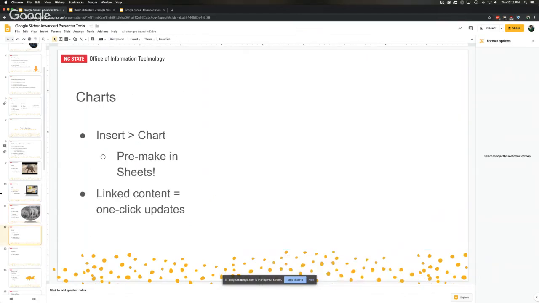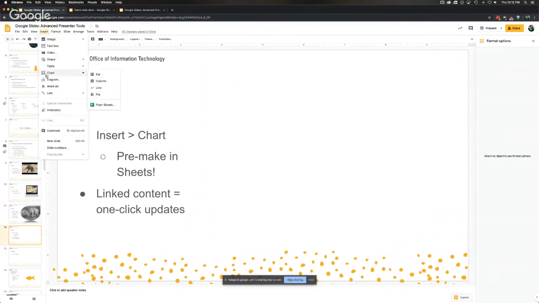Next, charts. Charts are pretty cool that you can add charts from Sheets. So let's look at that. So insert chart. Now you have options, bar, column, line, pie. I suggest ignoring those, which sounds like, why would I ignore those? Because when you click on one of these, it's going to open a new demo sheet for you, a new Google Sheet that you will put your information in. So I say if it's going to take you to Sheets and you're going to have to make a chart anyway, go ahead, go to Sheets, use your data, make the chart that you want to make, and then choose